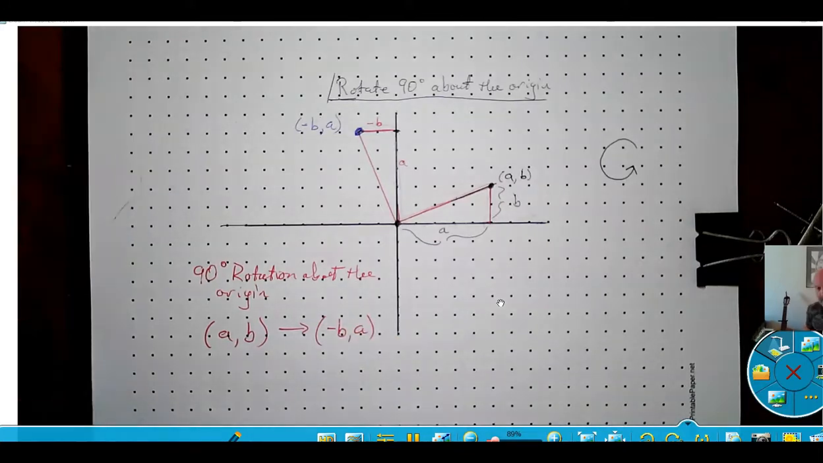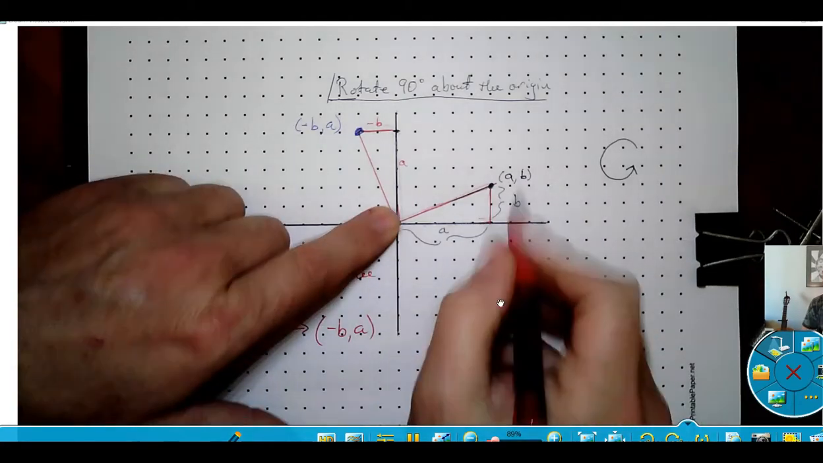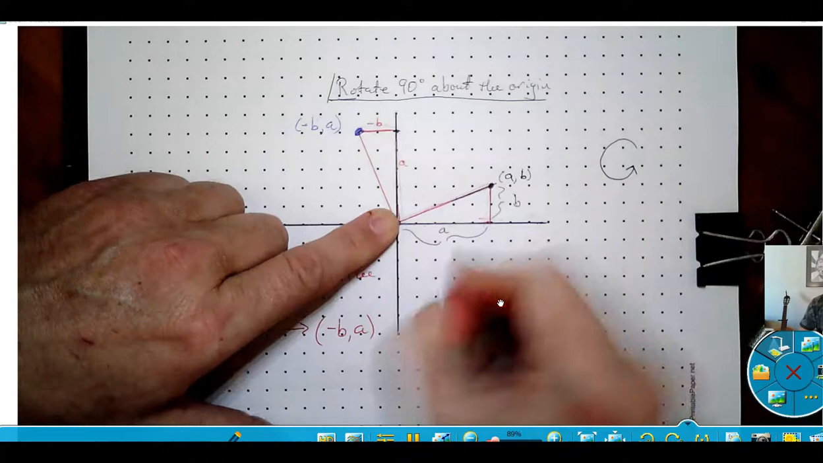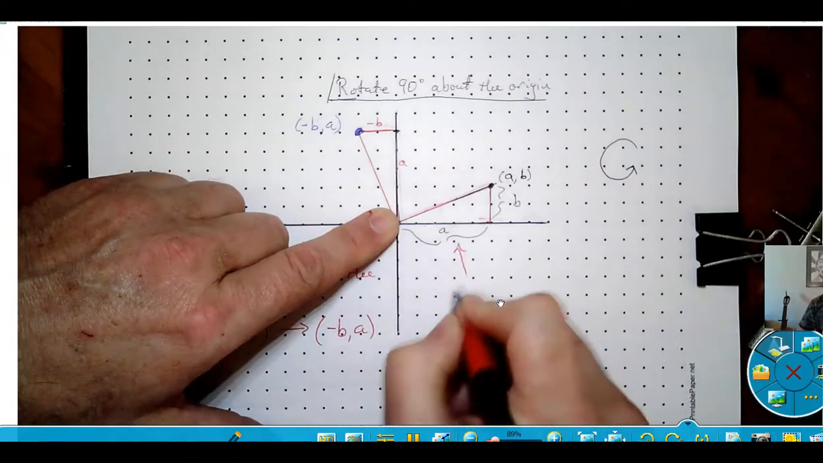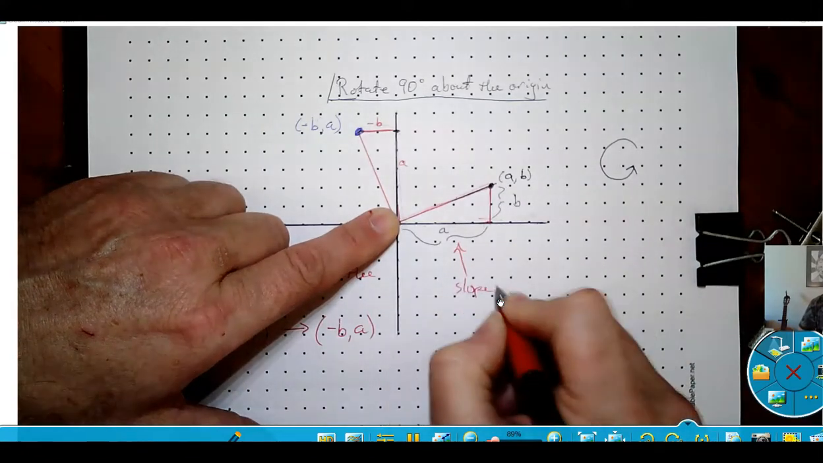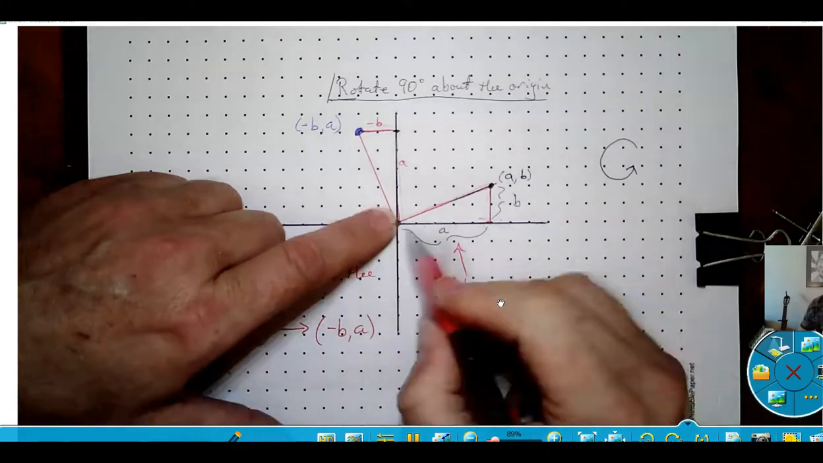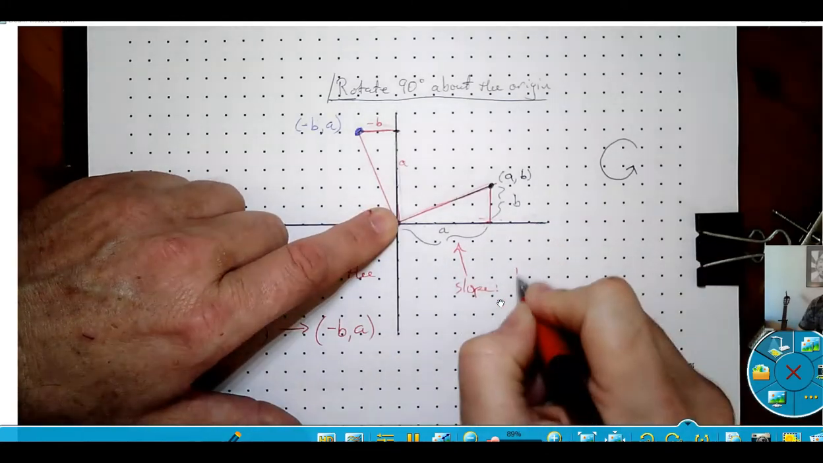Now, I want to point something else out. One of the things that does usually come up in an algebra course is the fact that when lines are perpendicular, their slopes are negative reciprocals of each other. If you look at this, right, what's the slope here? Over here, the slope, let's see, its rise over run is B over A,